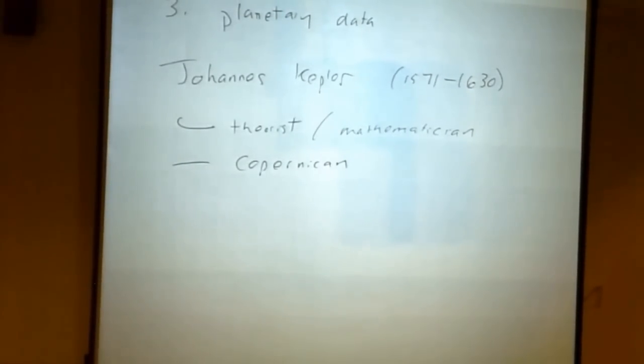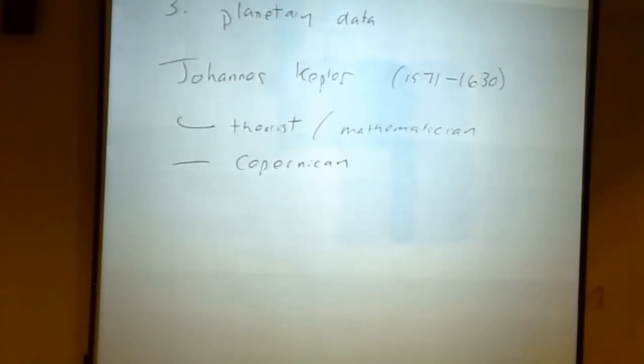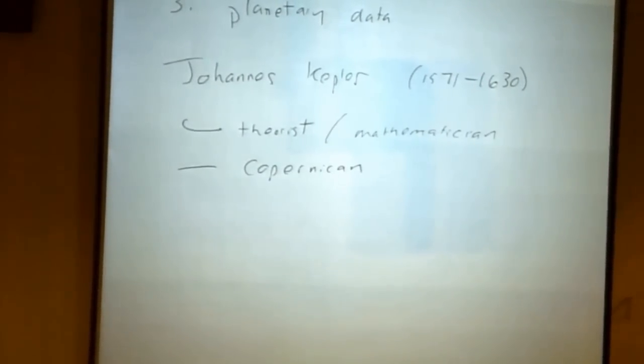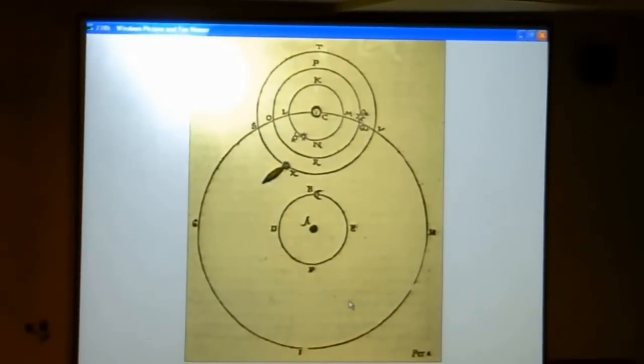He had been studying it, he had some ideas, he really wanted to get his hands on Tycho's data. He asked Tycho many times, can I take a look at the Mars data? Can I take a look at the Venus data? I have some ideas I want to investigate. But Tycho wasn't interested because, one, he's an observer. He worked decades to collect this data. He's not going to just hand it over to some youngster to see what the youngster can discover from it. And also, he's a geocentrist of sorts, and he knew Kepler was a Copernican and didn't want to let Kepler work on Copernican theories with his